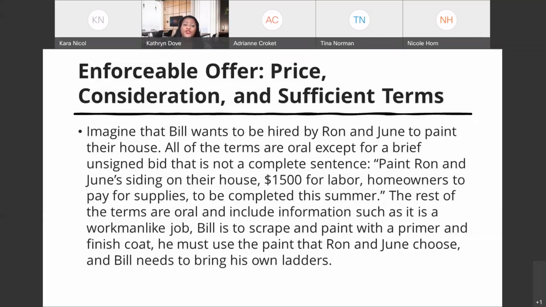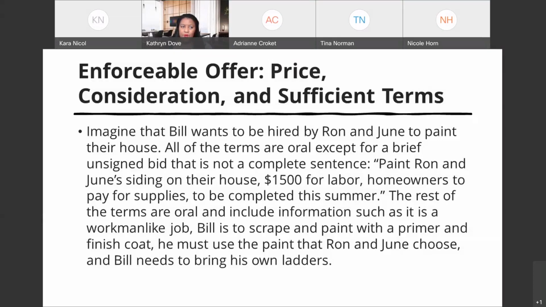So let's suppose that Bill has gone ahead and painted the house, and that Ron and June went to Las Vegas and spent all of their money on vacation and lost it gambling. They come back home and they still haven't paid Bill. This happens every day. So Bill has to file a small claims court action and go before Judge Judy and say, look, Judge Judy, I am a contractor and I had an agreement to paint Ron and June's house. And Judge Judy says, okay,